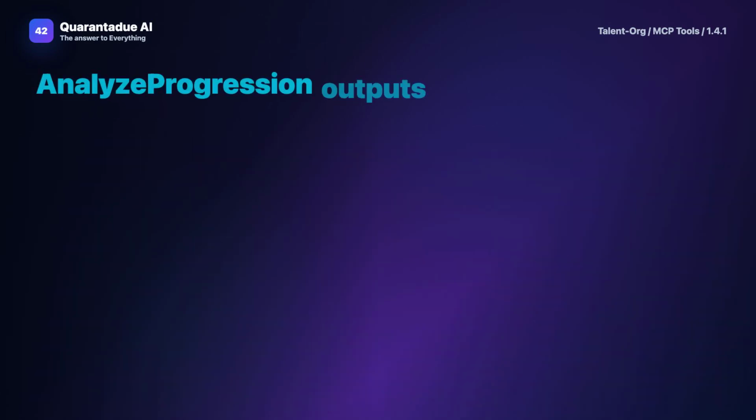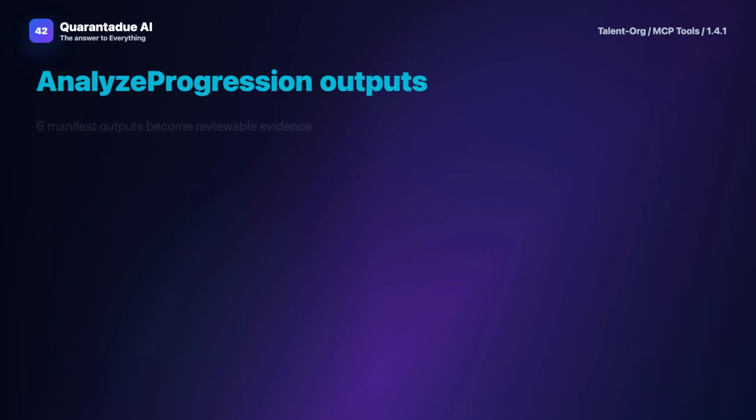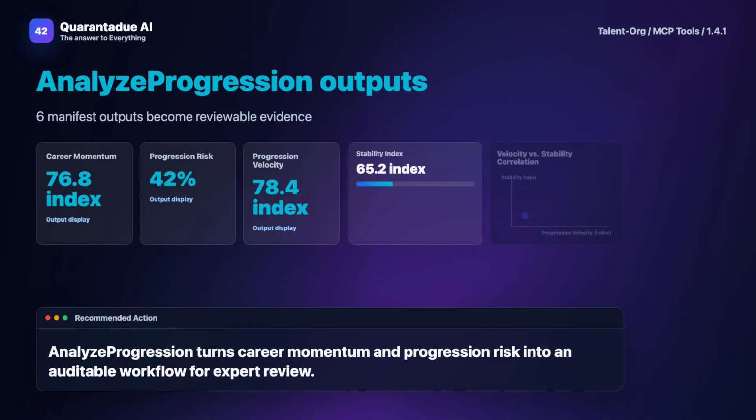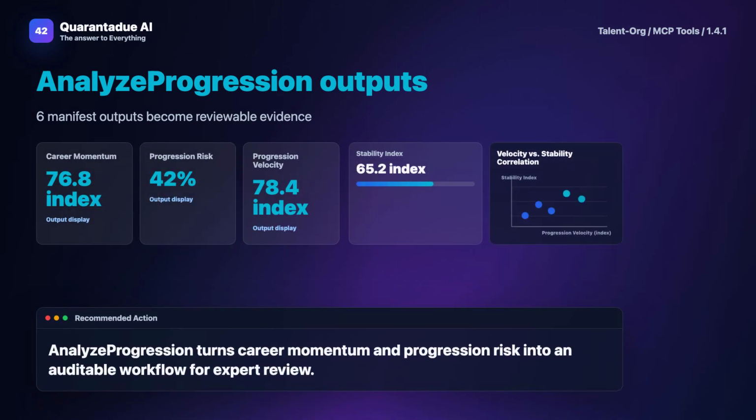Next, the software solution itself. AnalyzeProgression ingests data from resumes, LinkedIn profiles, or your ATS. It cleans and structures this data, establishing a baseline for each candidate's starting point. Then, it calculates metrics like skill acquisition rate per year and role escalation scores. Every analysis is logged in a detailed audit trail for transparency and compliance.